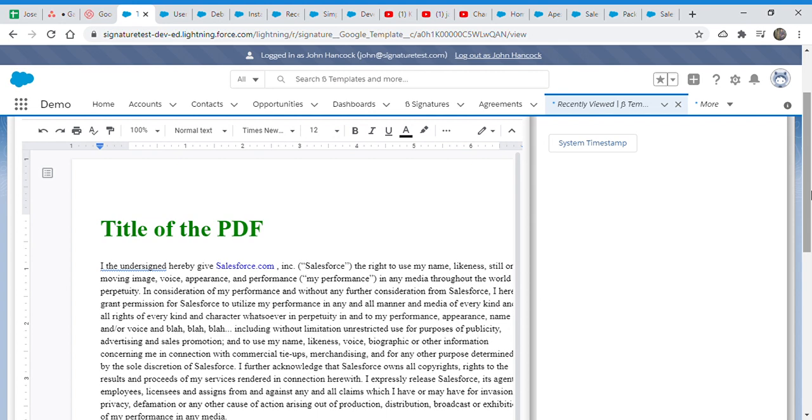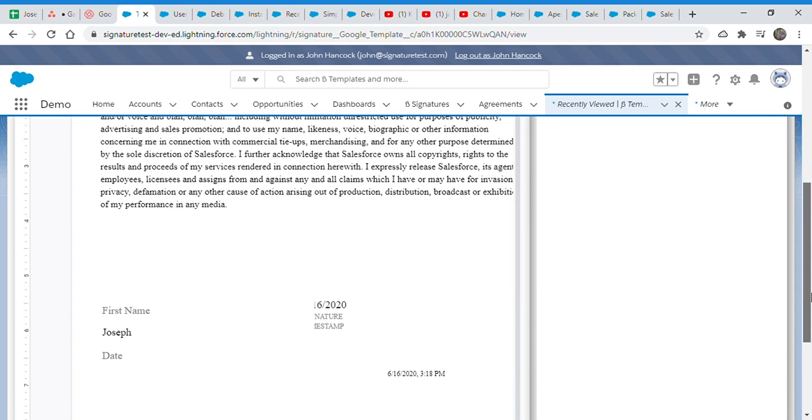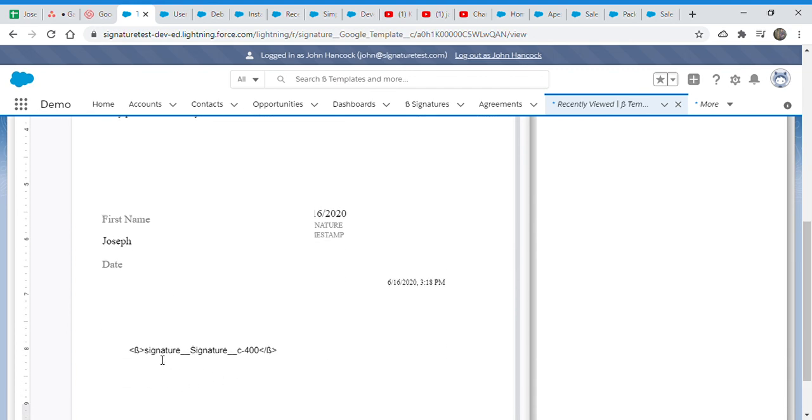So Google will understand the base64 image data, and it will put it on the Google Doc. Something like that. And if you use the signature field, which is a text area, it will ask for the width, because the way I programmed it, it treats the text area as an image field and tries to fetch the image data from it. Other than that, it will always understand.